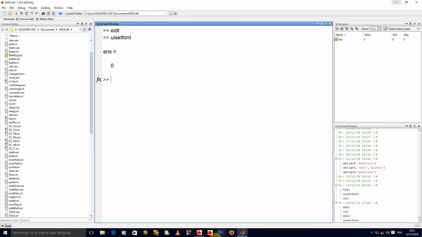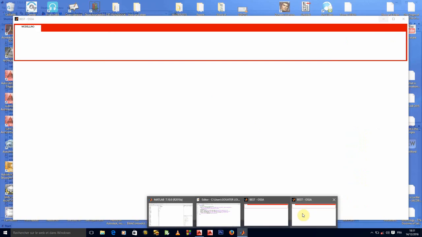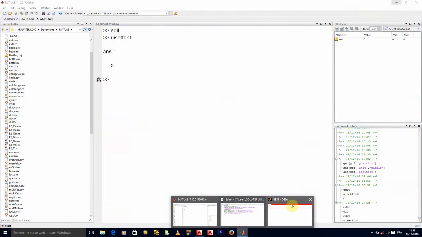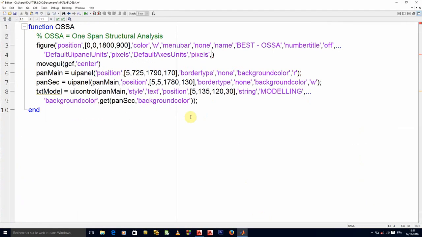Let's go back to our program. We have to close all of these. I would like the default UI control.